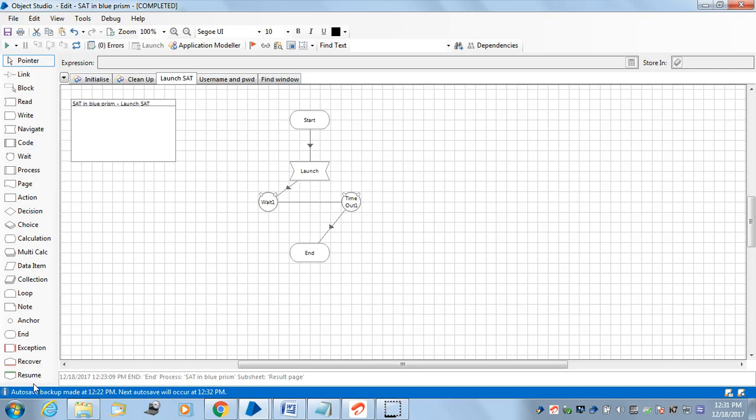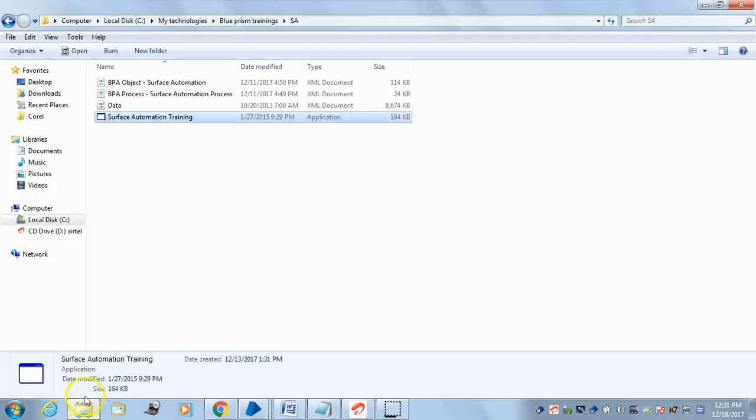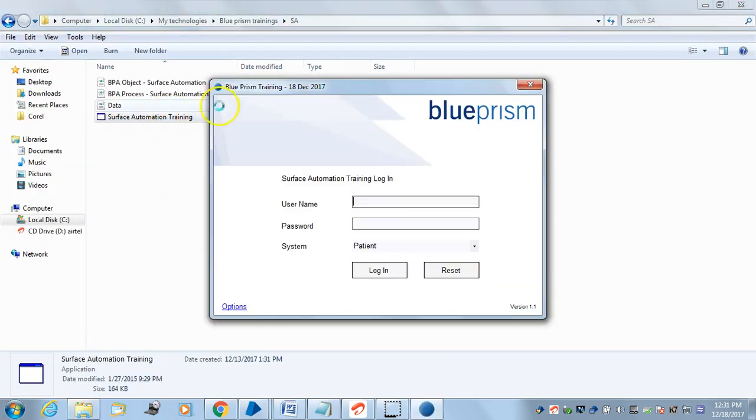So here I will take a small example exercise on this SA application. We will see what this application actually is. This is the application I just launched. This application contains user ID and password, and it has three systems: account, client and patients. When you enter the username as admin and the password as admin and click login,